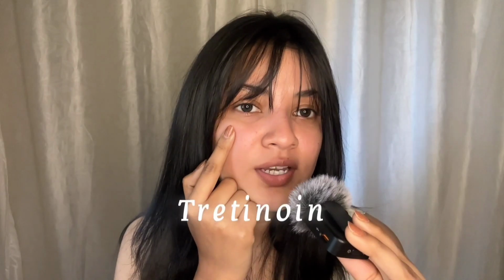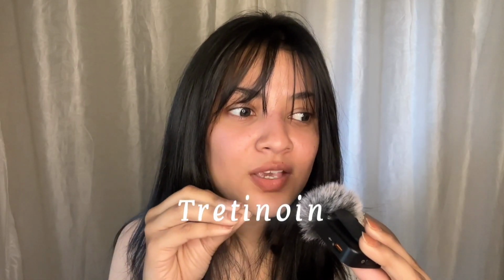Retinol really helped me to reduce the appearance of these pores and bumps. अभी थोड़े से bumps आ रहे हैं because my dermat has also suggested me tretinoin, that is like it is more potent than retinol and it works really fast, like really fast, because it is already in its active